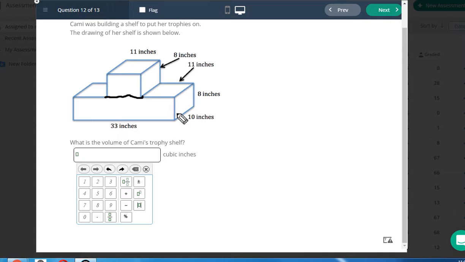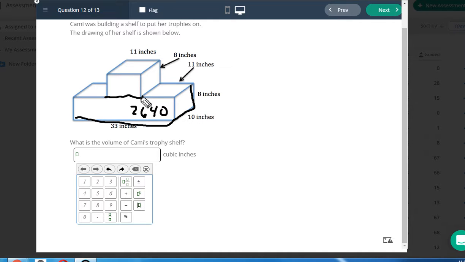Okay, so we know that this piece here, okay, is 33 by 10 by 8. Okay, so let's get that bottom box first. 33 times 10 is going to be 330, times 8 is 2,640. Okay, so this bottom box is 2,640. And now we need to figure out this